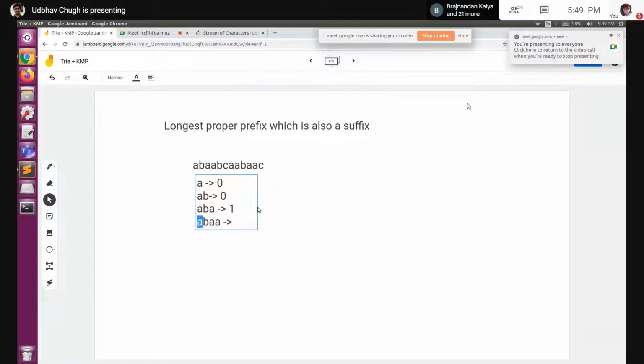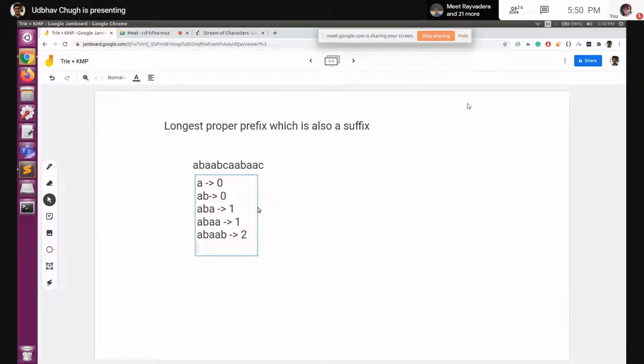But A is a prefix and A is also a suffix. So here also the length is 1. Now, if we look at ABAAB, when we consider the longest, AB is a prefix, and AB is also a suffix. But if we try to go to length 3, ABA is a prefix, but ABA is not a suffix. So the maximum length we can get is 2.